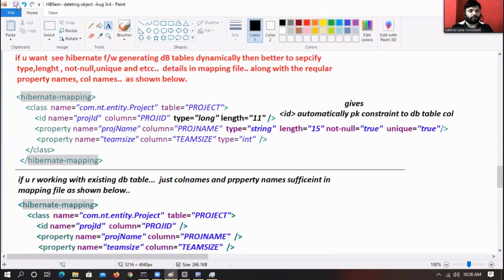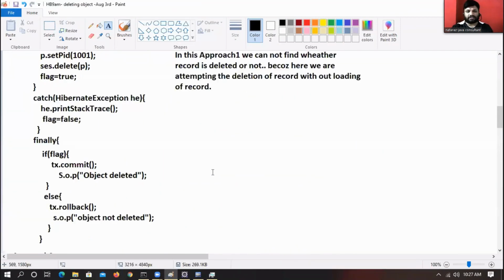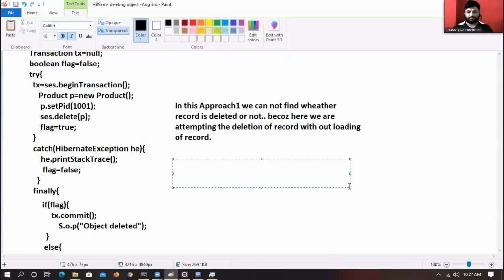So overall, is approach 2 recommended or not? Yes. Note, though we are calling the session dot delete method directly, it